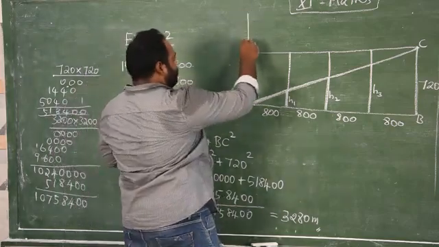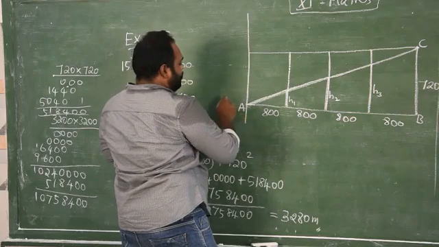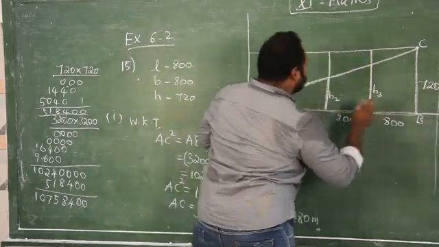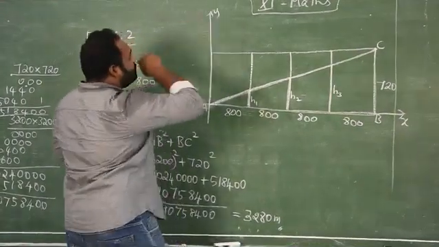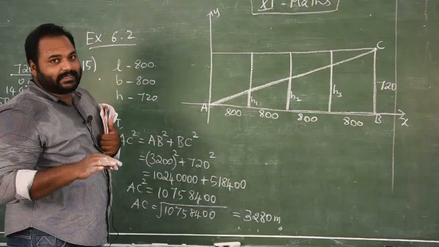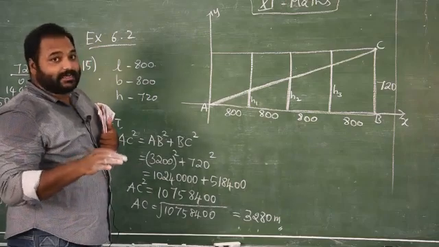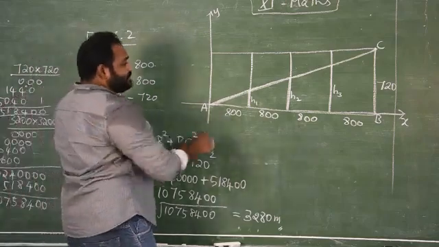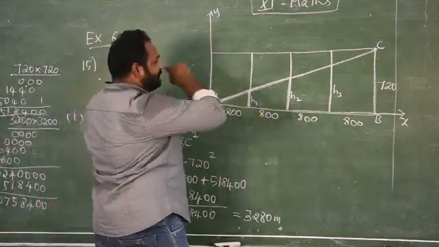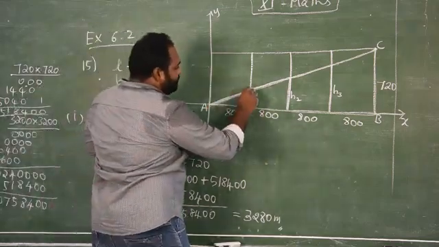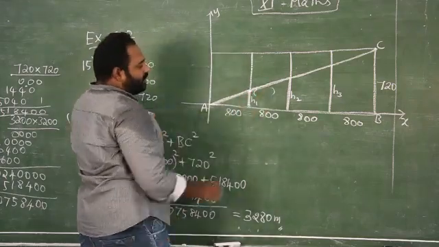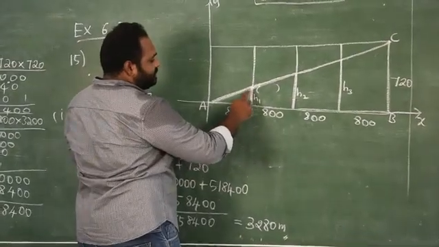So here I am going to extend this as the y-axis, and here I am going to make this the x-axis. If you construct the axes, we can have coordinates. That's why I construct this x-axis and y-axis, because of the coordinates. So this point has an x value and a y value. This is the x distance, and this is the y distance.